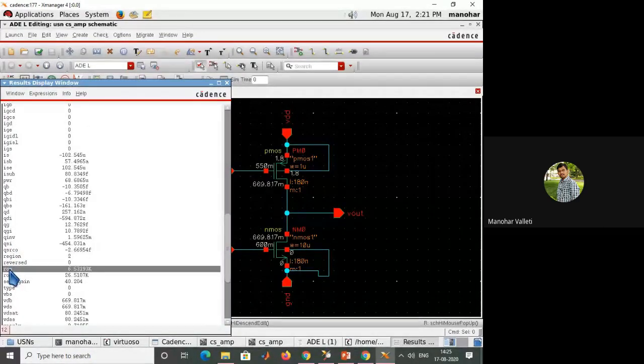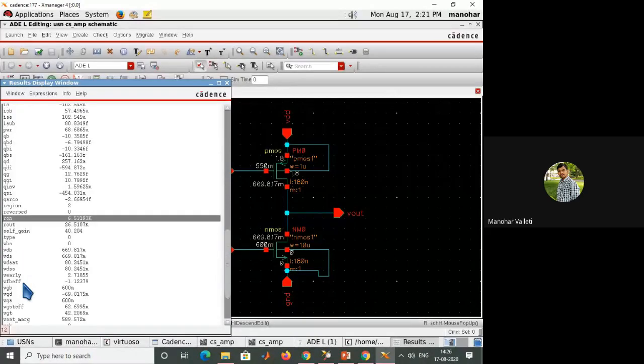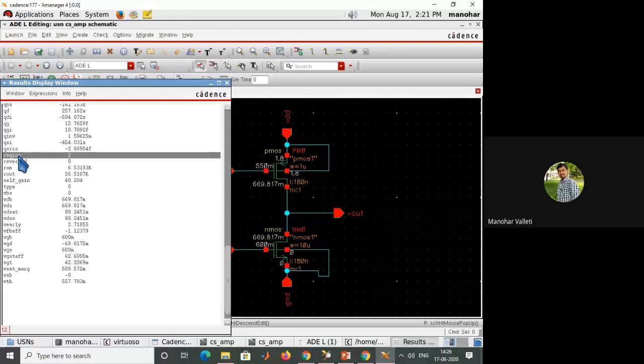And we want R1, the drain resistance, 6.5 kilo ohm is the drain resistance of NMOS. And which region is this transistor operating? You just see here region 2. For the NMOS to work as an amplifier, it needs to be in saturation. So region 2 means saturation.